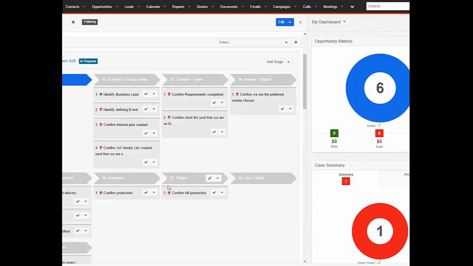It allows you to gauge where everything is, not just in a stage like it's in the prospecting stage, not just in the negotiating stage, but what are the tasks that need to be completed at each stage? And it doesn't have to be only applied to opportunities. It can be applied to any customer engagement. You can make sure that the salespeople are doing what they're supposed to do at each stage, and you can make sure that people who are not necessarily associated with sales are doing what they need to do. I've got one customer who uses this to identify when an invoice needs to be sent. This makes sure that people don't drop the ball and they get reminded when they have to perform a task, or the task is performed for them automatically.